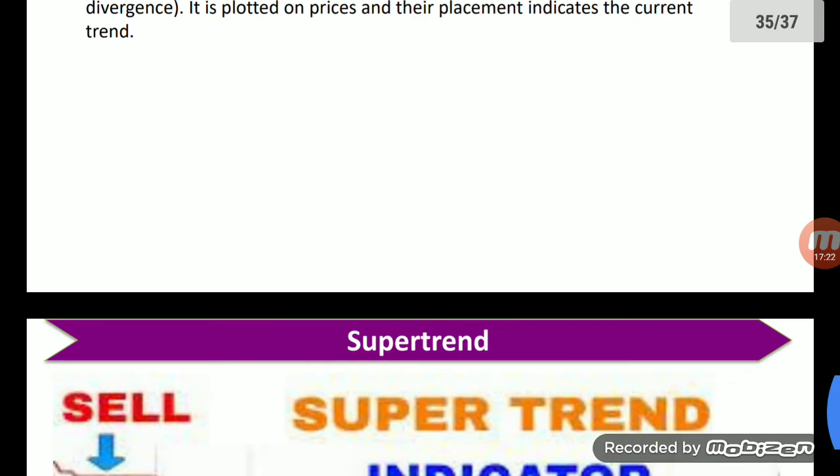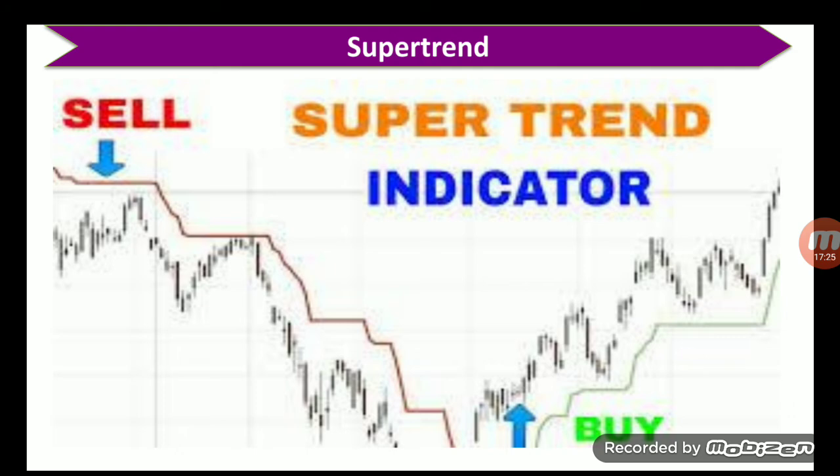So this is the super trend. You can see on the graph, that is the arrow which is showing the sell point, and if you observe from that point, the price of the security is continuously falling. And if you observe the buying signal, that is the upward arrow, from that point you will see the price of that security continuously increasing. So we can use the super trend indicator to take the entry and exit in a particular stock.